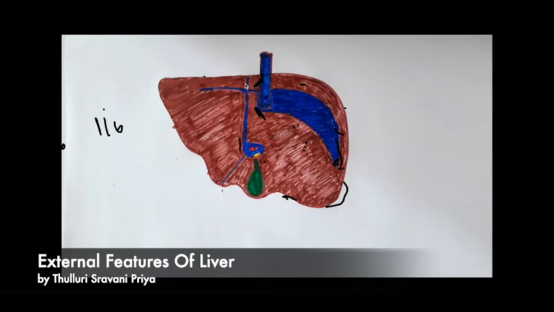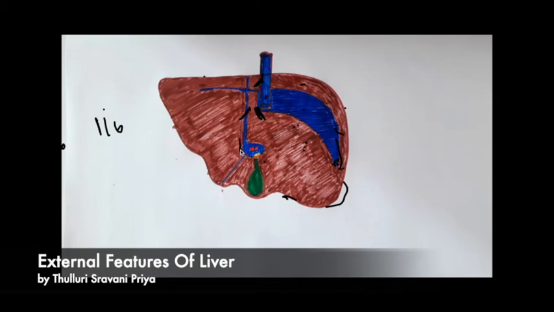On the left side we'll see the ligamentum venosum. Superiorly, it continues with the superior surface. Inferiorly, it is related to the porta hepatis. And on the right side, this caudate lobe continues as the caudate process, whereas on the left side we'll call it the papillary process. This is the caudate process, and this is the papillary process.